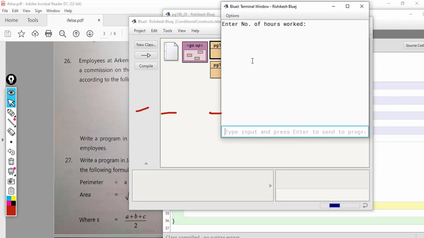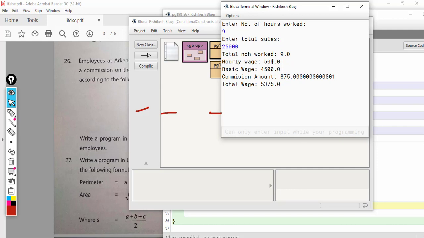Let us enter the number of hours worked, let us say 9, then enter total sales, let us say 25,000. Here you can see total number of hours worked is 9, hourly wage is 500.